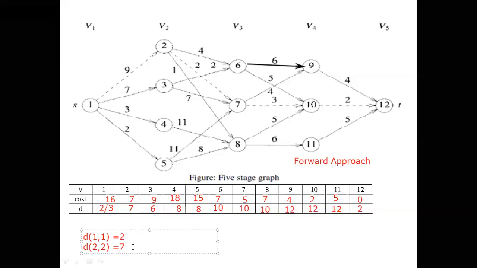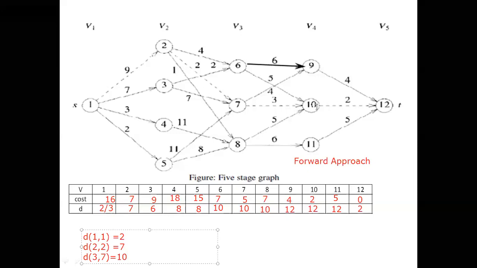Now next, which is the stage? One stage over, second stage over. Next we have to go to the third stage. That is D of 3 comma, which is the vertex we got in the previous iteration. We are standing in which vertex? We are in 7. 3 comma 7. What is 3 comma 7? 3 is the stage, 7. D of 7, we have to see. What is the value? D of 7 is equal to 10. What is the meaning? Next we have to visit the 10th vertex. First 1 to 2, 2 to 7, 7 to 10.